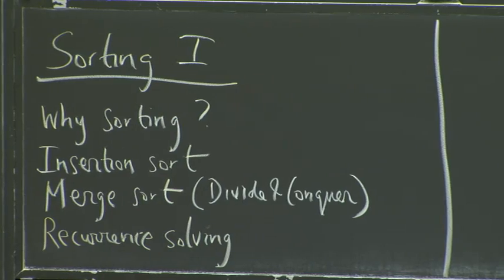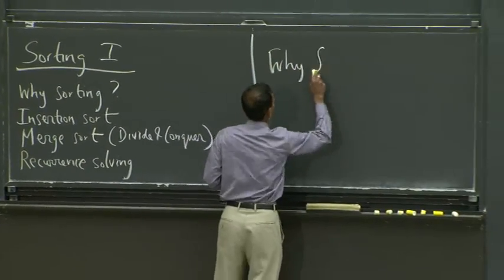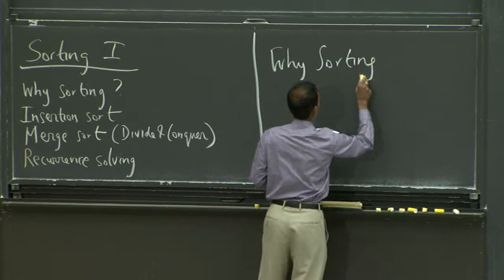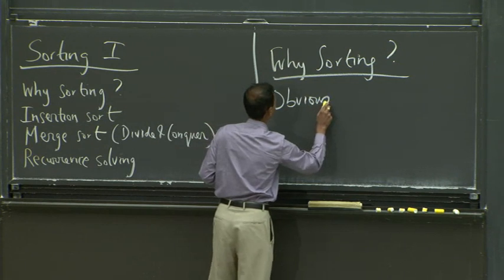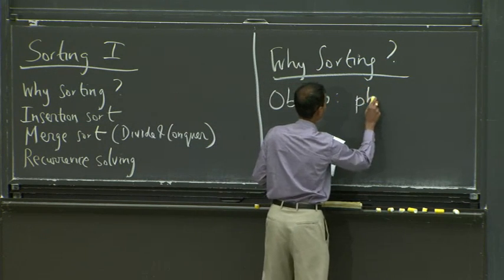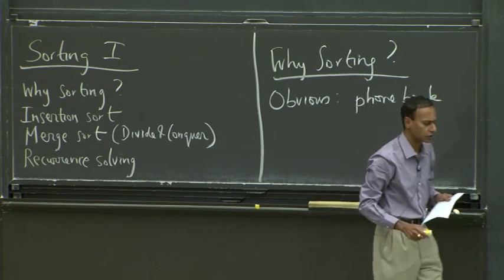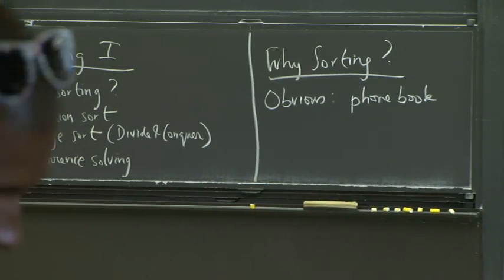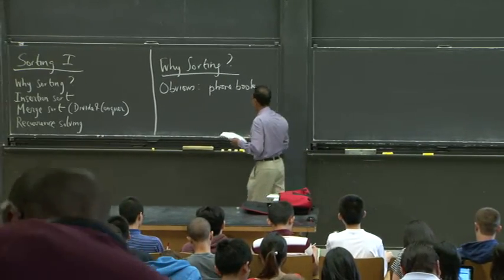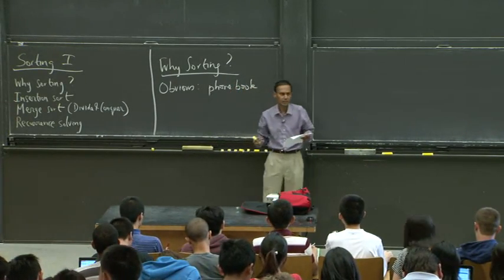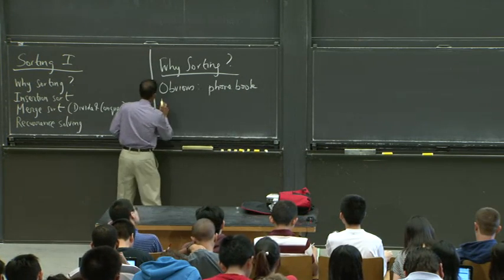So let's talk about why we're interested in sorting. Now, there's some fairly obvious applications, like if you want to maintain a phone book, you got a bunch of names and numbers corresponding to a telephone directory, and you want to keep them in sorted order so it's easy to search. MP3 organizers, spreadsheets, etc. So there's lots of obvious applications. There's also